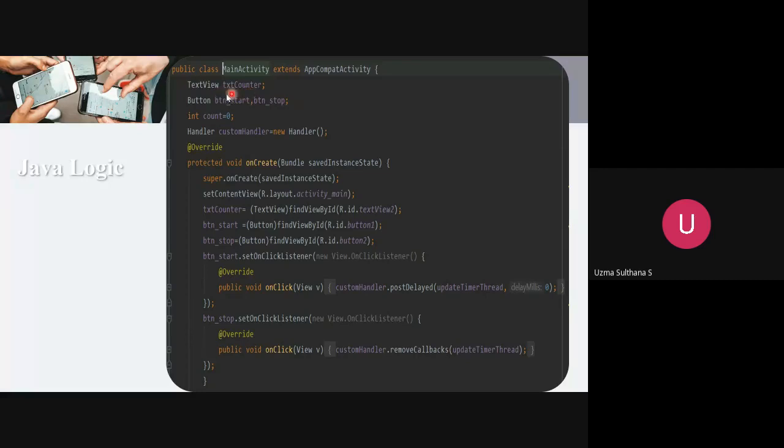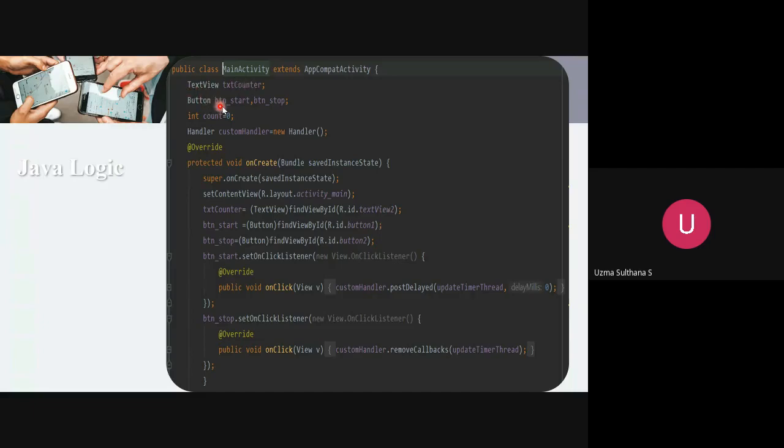TextView is a component, a class. It has a reference variable called textCounter. TextCounter can also be called an instance variable, a class variable, or a reference variable.